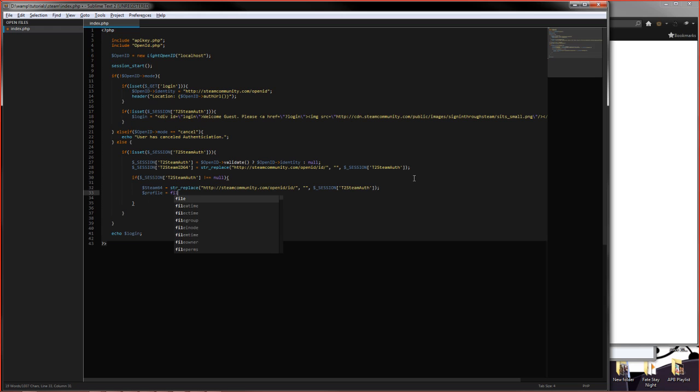We're going to set the profile variable to file_get_contents. This is my preferred method of reading a file. You can use whatever your preferred method is. We're going to go Steam